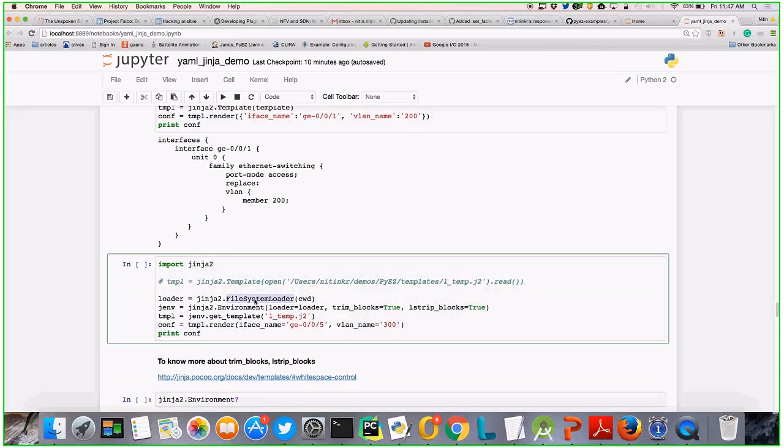Jinja provides you a file system loader where you tell it from where to load your template. That you can do, or you can just do the way we did earlier: open that file, read it, and give it. Reading the file gives you a whole string of that content. So similarly we can do it that way also, just read that file and give it to that. Or you define a file system loader from where you want to read it.